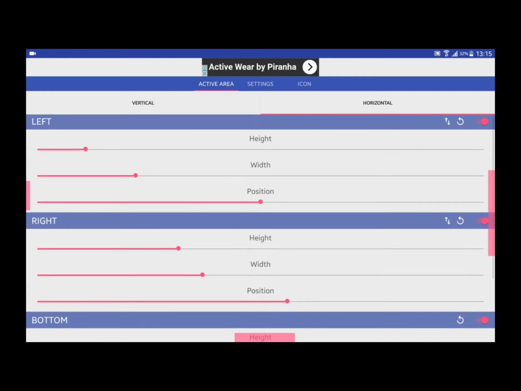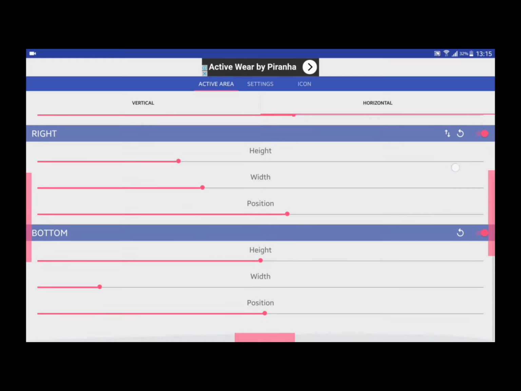And for the left, position it accordingly. And there you go. If you want to have a good width, then it might hinder the process of working. But it's okay, it's up to you.